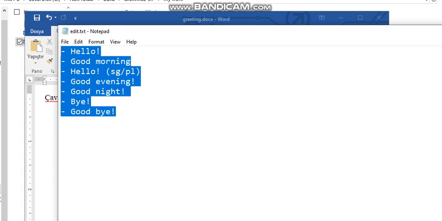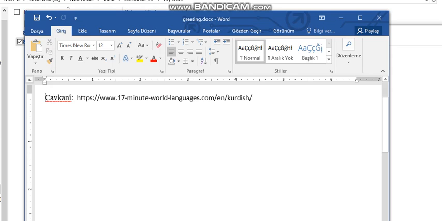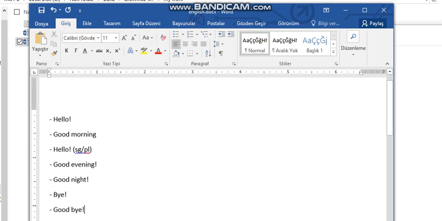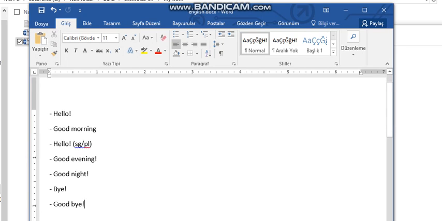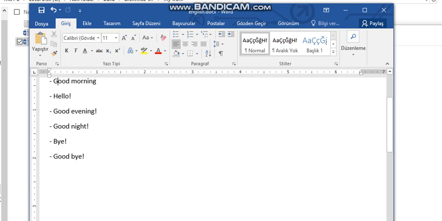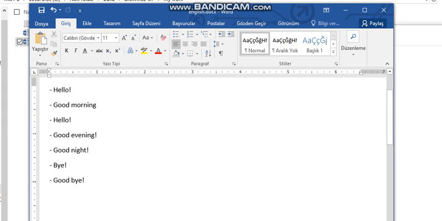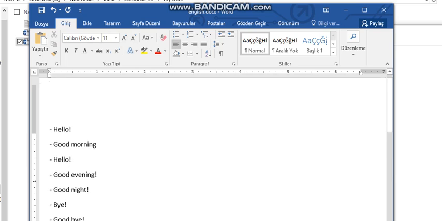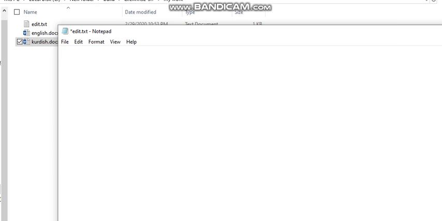After you do this, cut from here, go to the English file that is here, and just paste it. You see, it looks like this. After you save this, you can remove these unnecessary things, because it is unnecessary. But also make sure that you don't have any space between these. Actually, if you have any mistake in here, it will already show in our program, but I want to make sure that you will not have any problem like that. After you did this, make sure this is in the first line, because it must be in the first line. If it is not, it is going to tell you. So after you prepare your files like this, then you will just